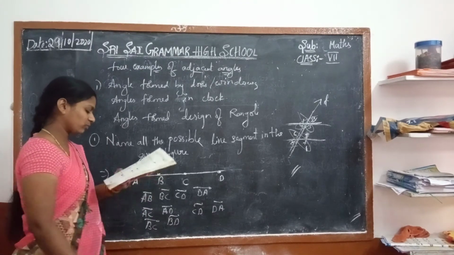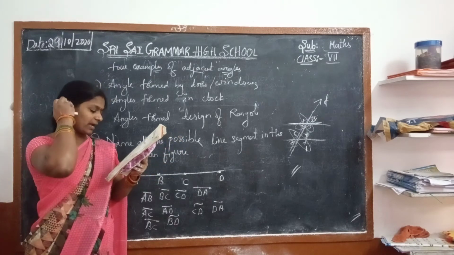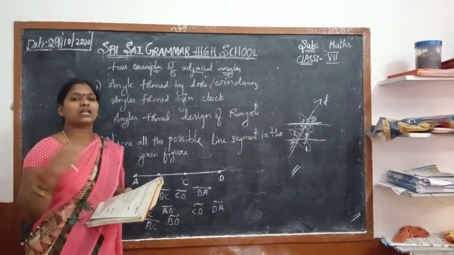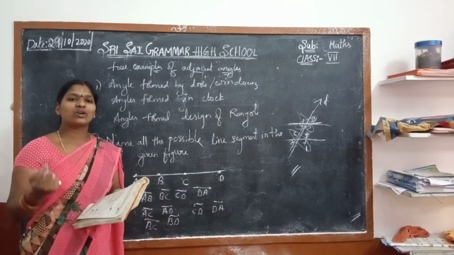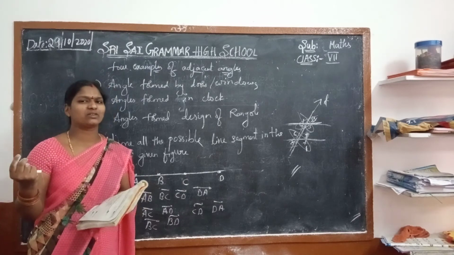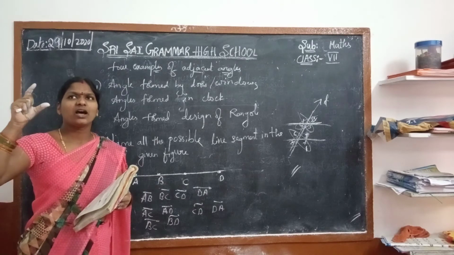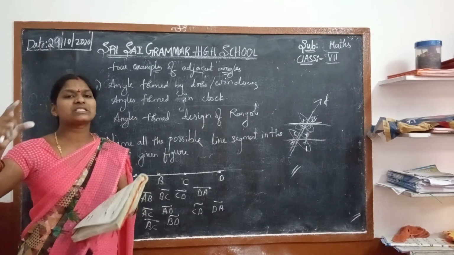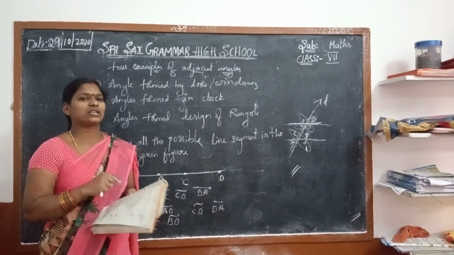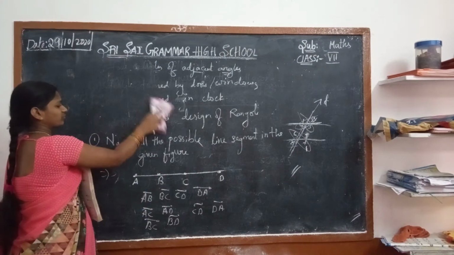Now, write any 5 examples of angles that you have observed around in our surroundings. Where do you find angles, like acute angle, obtuse angle, whatever can be seen? When you observe such an object, you can see some angles are formed. That can be written as examples now. Okay, write the examples now.